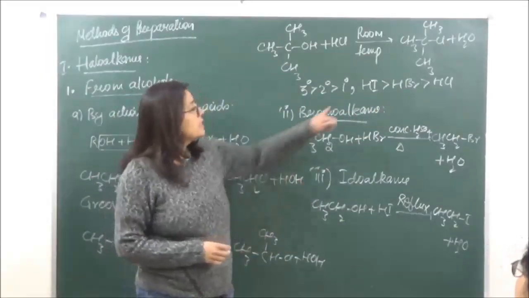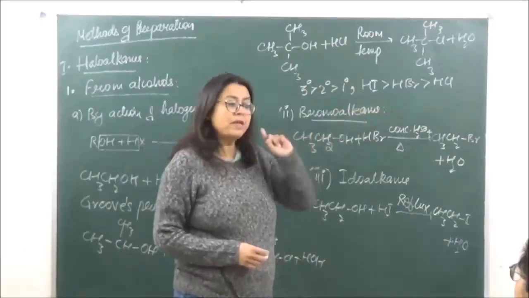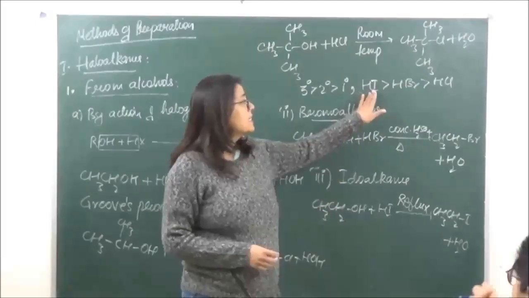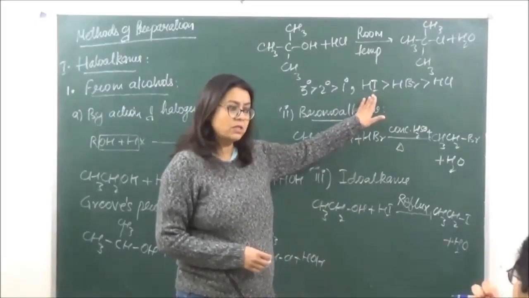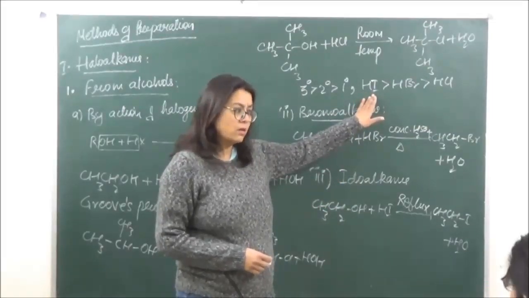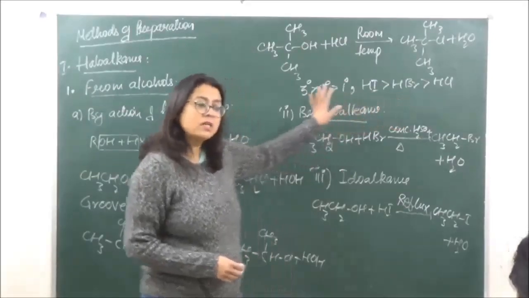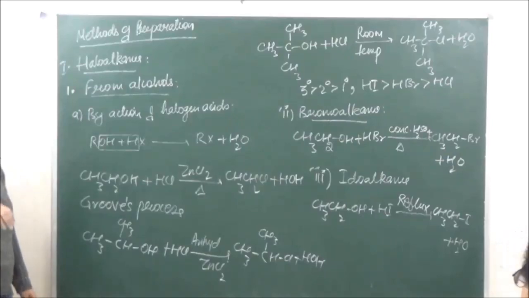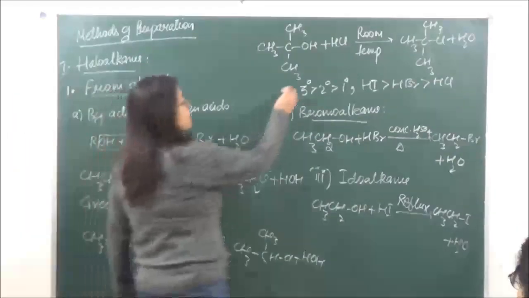Because of the larger size, the bond length of HI is going to be large, bond dissociation energy is going to be less, and hence this can be easily cleaved. The bond can be easily broken. Okay. HF does not react at all. You can see we've done none of the reactions with HF over here. Okay. So here this is going to be important.